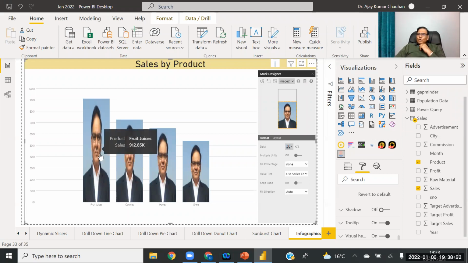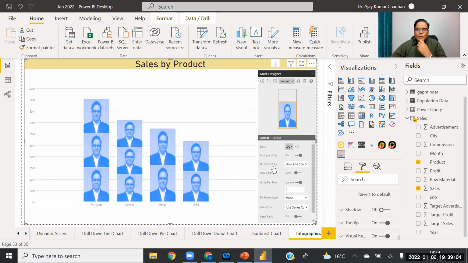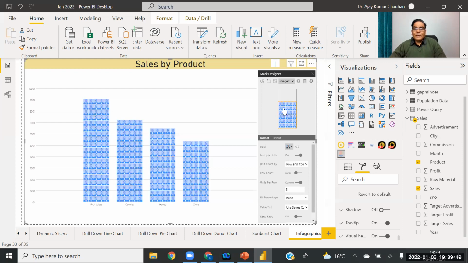Not only this, you can also add multiples. You can see there is an option called multiple units. If I go to multiple units, the software asks, multiple units on, and you can add 5 units like this.